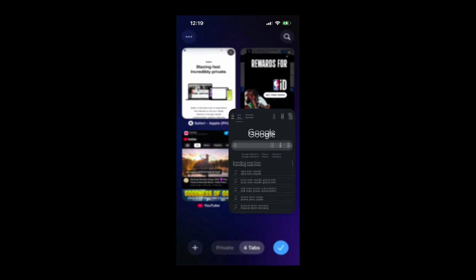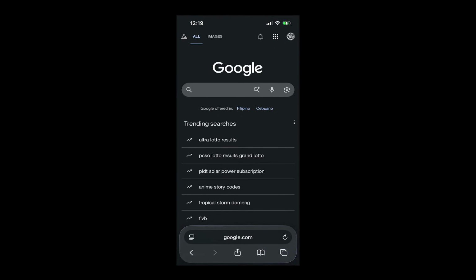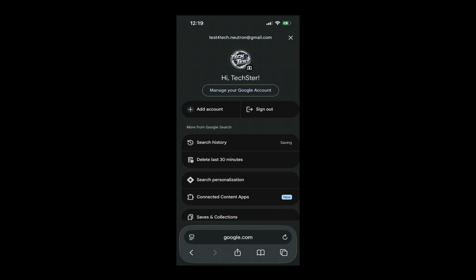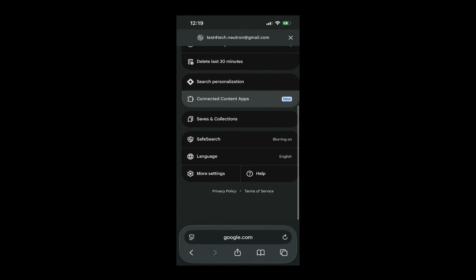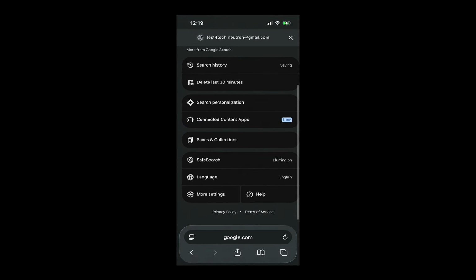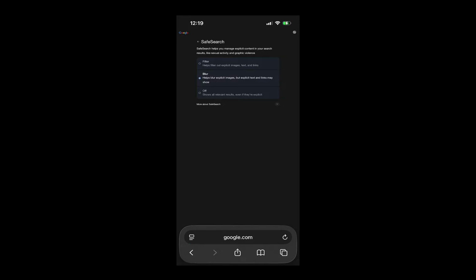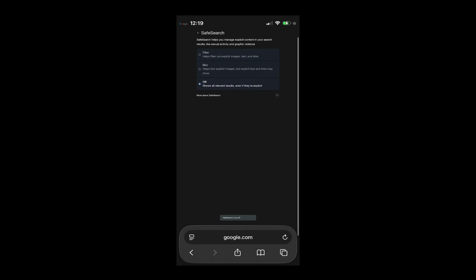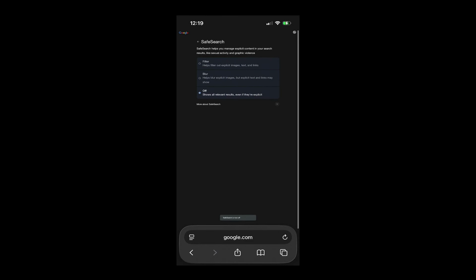Safari directly. If you use Google in Safari, start by opening Safari and going to the Google website. Once you're there, tap your profile picture if you're signed in. If you're not signed in, look for the Settings option instead. From there, tap Safe Search, then choose Off. In some cases, Google may ask you to save or confirm the change, so make sure you do that before leaving the page. This is the main way to turn off Safe Search when Google is your search engine in